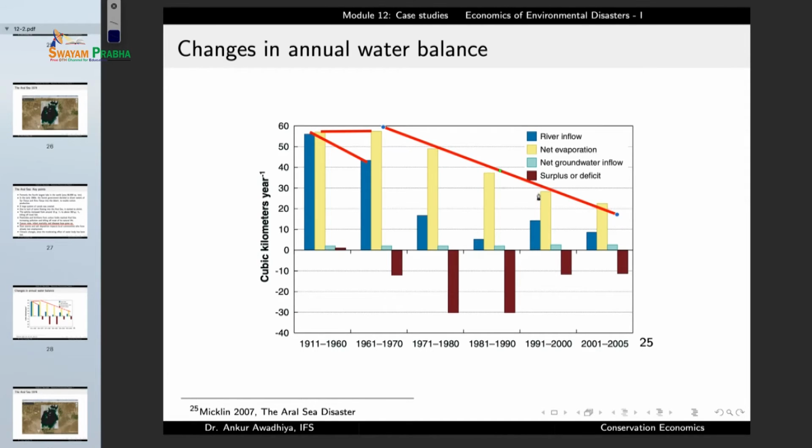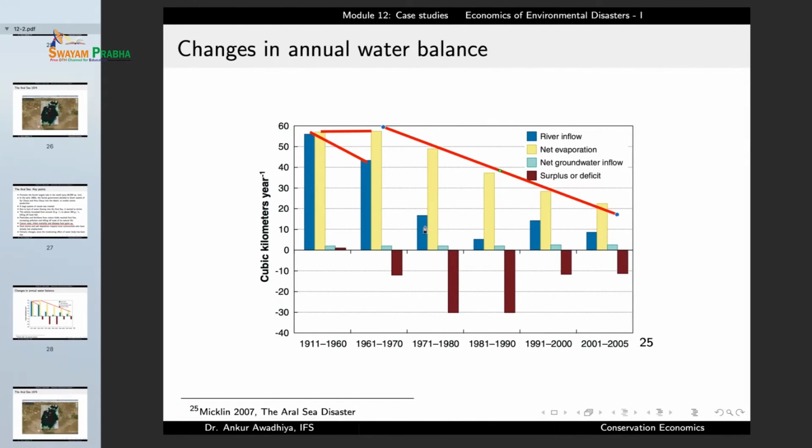So what we are observing here is that over the years from the 1970s to 2005, the level of evaporation is also going down, which is telling us that the size of the lake is also going down. And at the same time, the river inflow has also reduced substantially. And so earlier, while we were having a net surplus, though a small surplus, of water that was entering into the lake, now we are starting to observe a huge deficit. So in the 1980s and 90s, a deficit as large as 30 cubic kilometers per year,